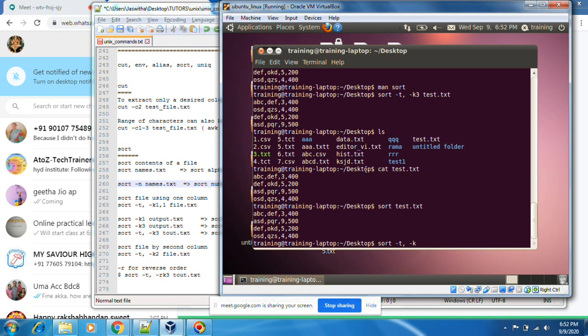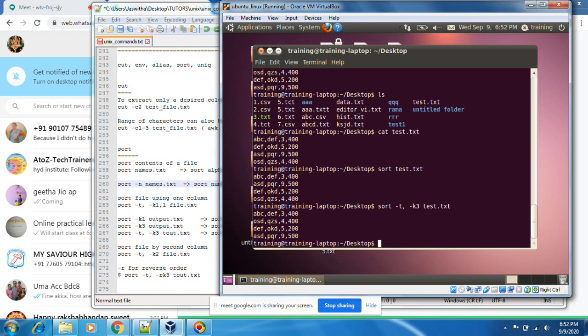So I want to sort the entire file based on the third column, third field, so k3. You can mention the fourth field also.